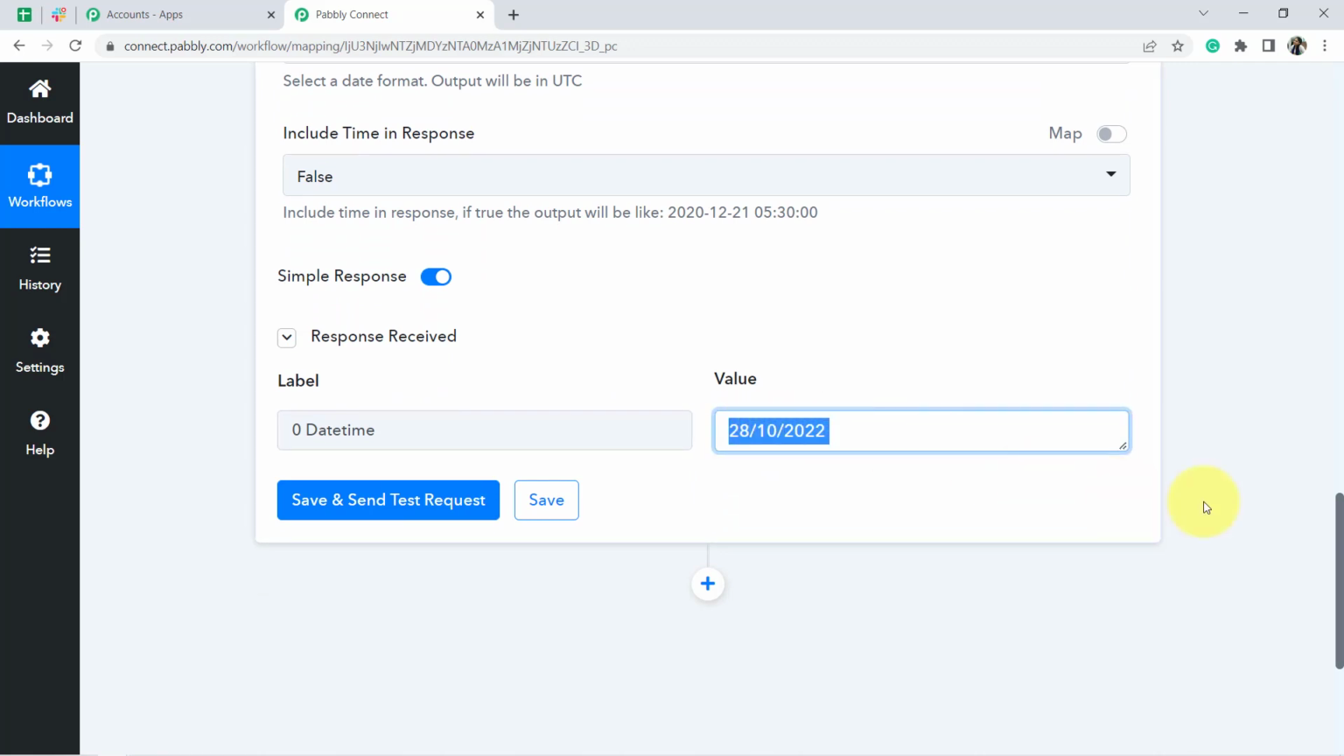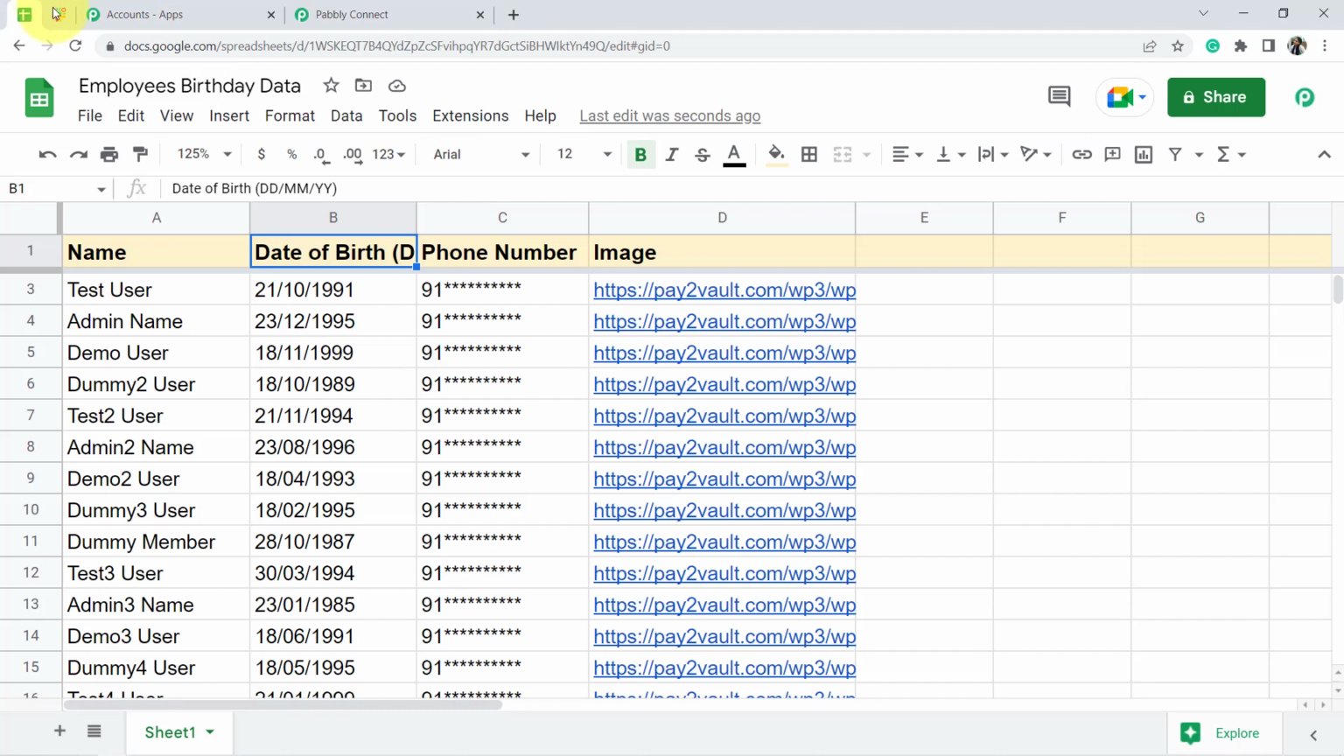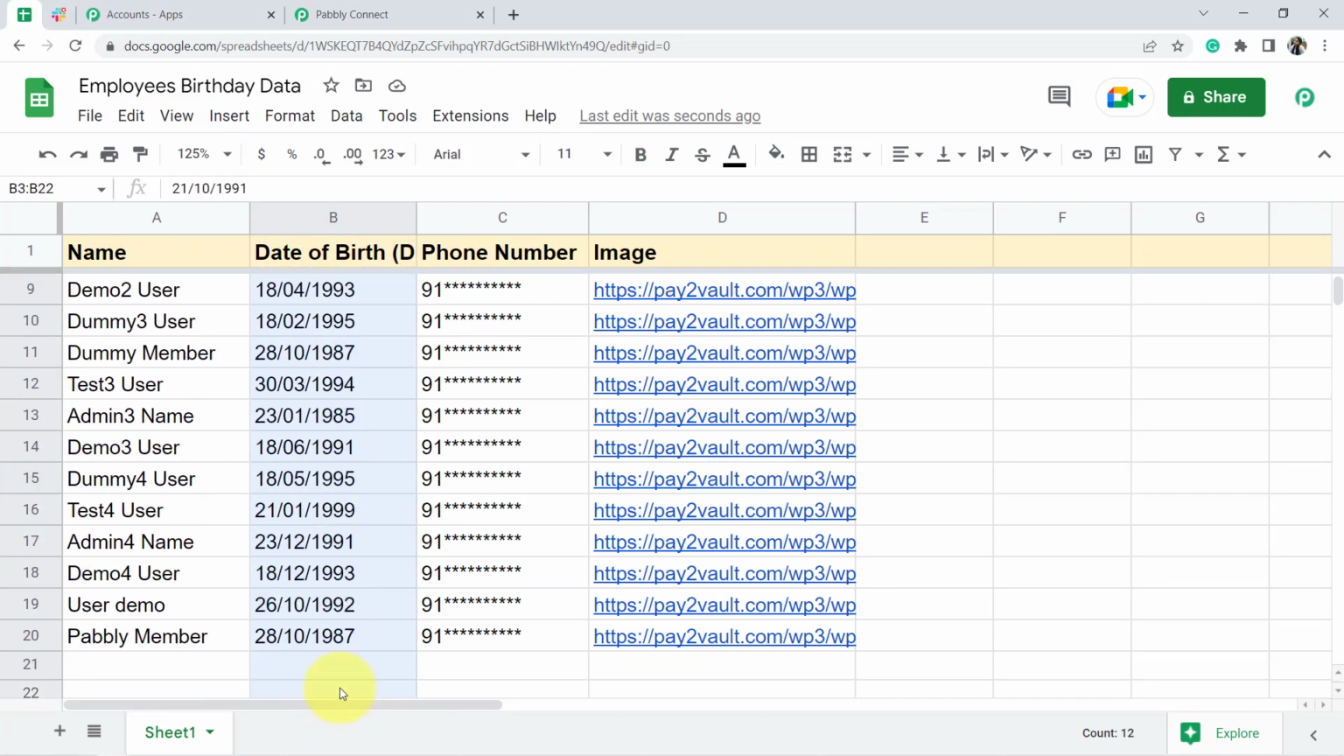28th October 2022. Let me even check the date, and yes, it is Friday, October 28, 2022. So finally we have done the second step of our automation also. Now what will be the next step of this automation? I'll be checking out if that particular date, basically the current date, matches any of these dates. That means it is actually the birthday of that particular person, and if that day is not matching with any